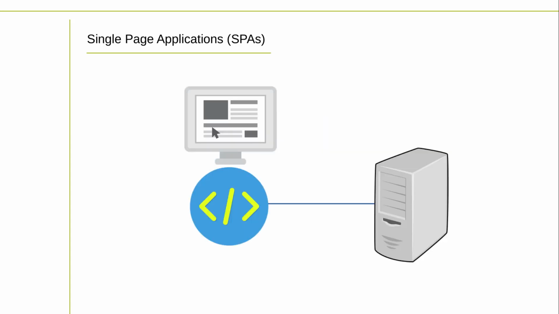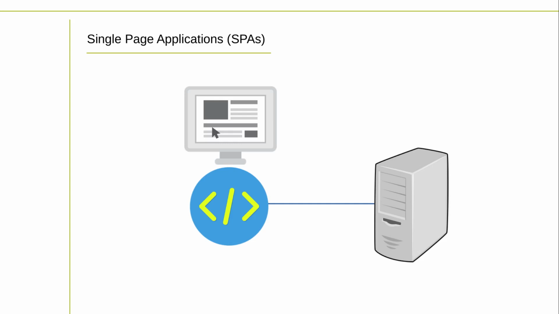A single-page application is a web application that loads a single HTML page and dynamically updates the content on that page as the user interacts with it. This is in contrast to traditional web applications, which require a full-page refresh every time the user interacts with the application. In a SPA, the initial HTML, CSS, and JavaScript are downloaded to the client-side browser, and subsequent interactions with